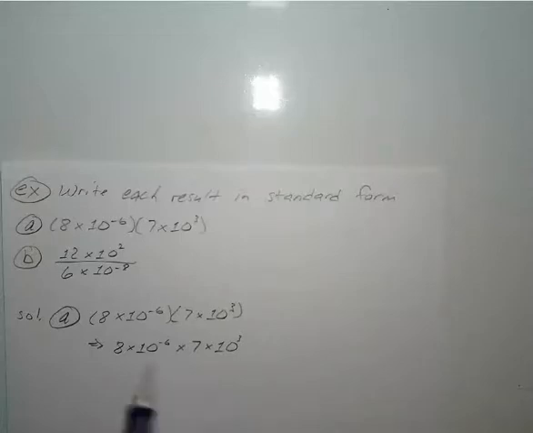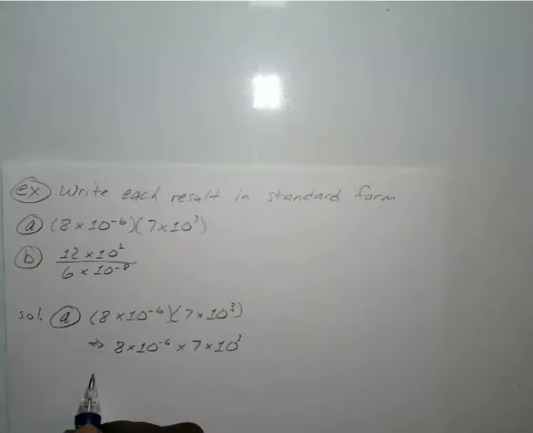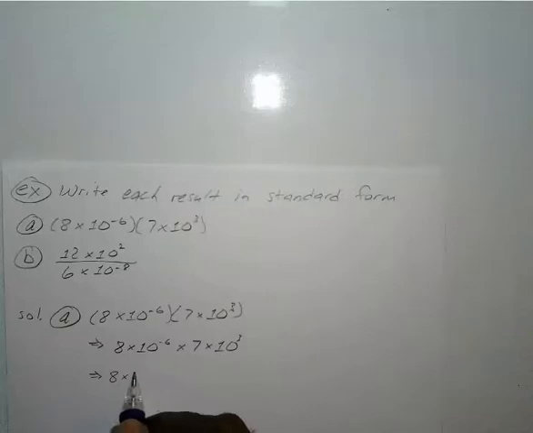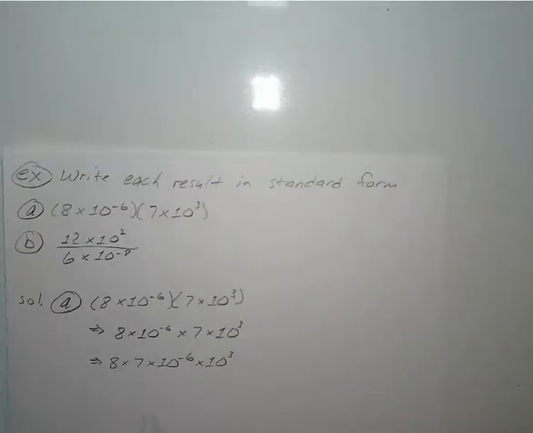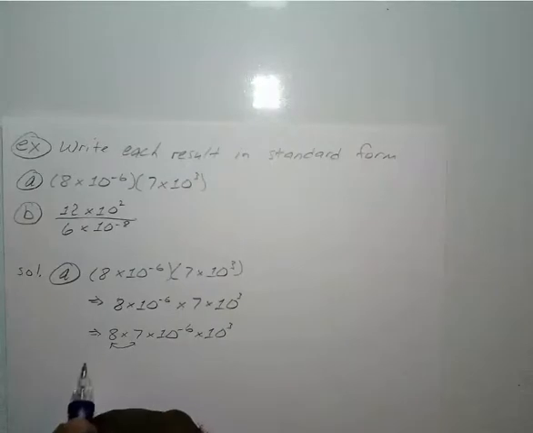Alright, so now if you remember, multiplication is commutative. We can move these around. So what we're going to do is go ahead and move those around a little bit. So we have 8 times 7 times 10 to the negative 6 times 10 to the third power. Okay, all we did was move them around. Okay, so we can combine those two. 8 times 7 is 56. Okay, so we have 56